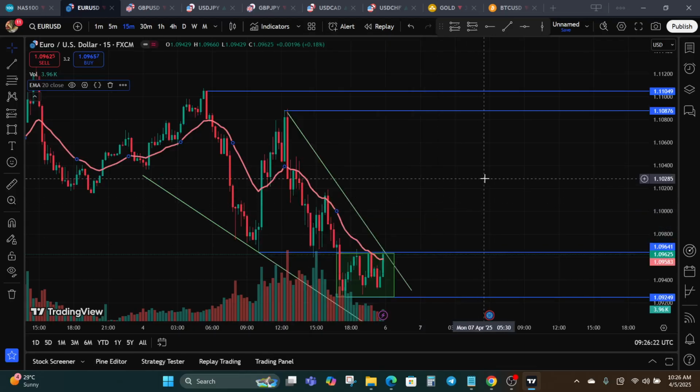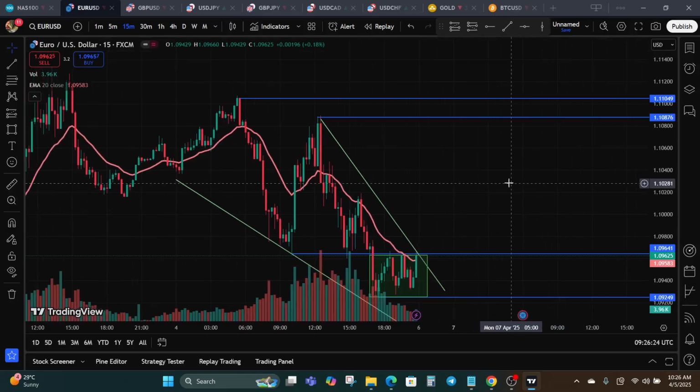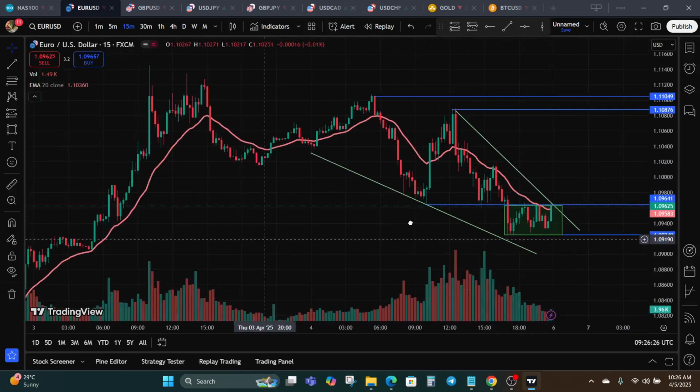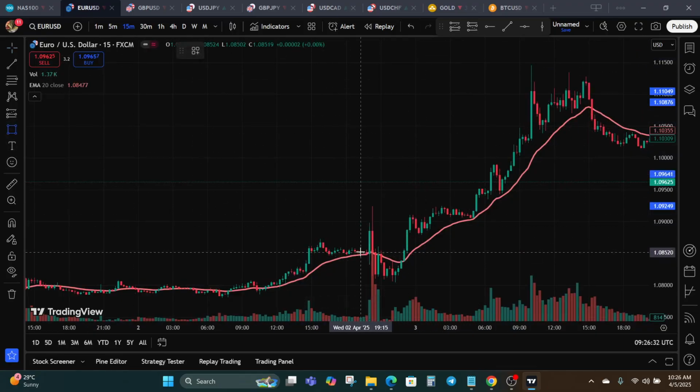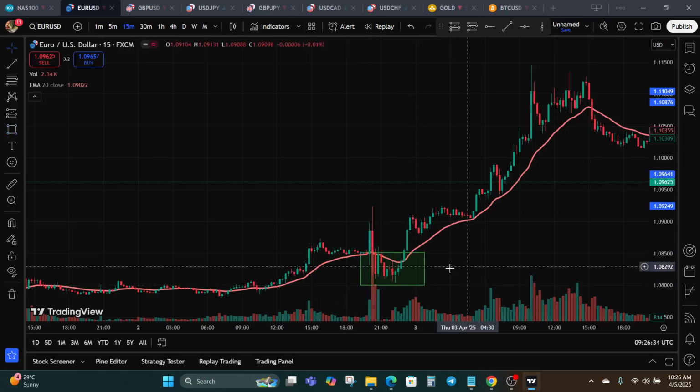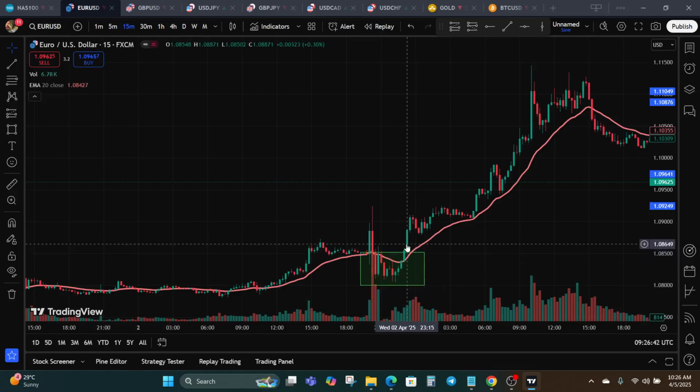So when price breaks out of your zone, let's look for an example where the breakout has already occurred. We can see something like this. When price breaks out of your zone and closes above or below the 20 EMA, in this case it was above, with rising volume,